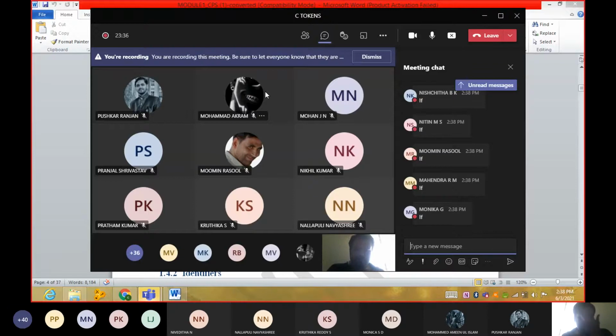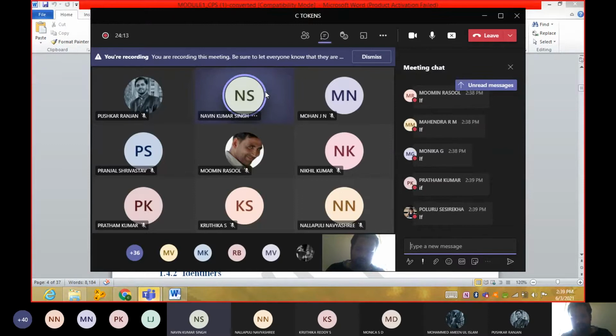You people got to know that there are 32 keywords, and among them, if is also one. See, guys, I want you to find whether a given number is even or odd. How will you find? If the number is divisible by 2, then it's even, otherwise it is odd.